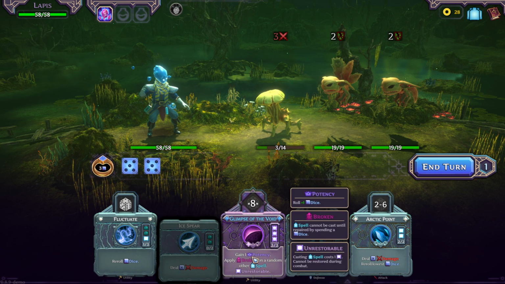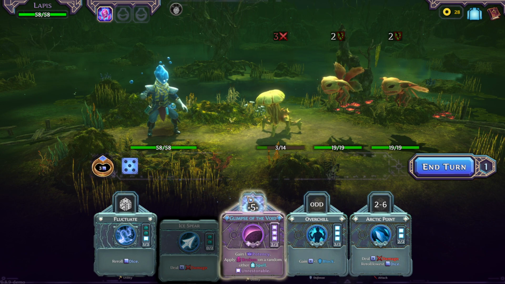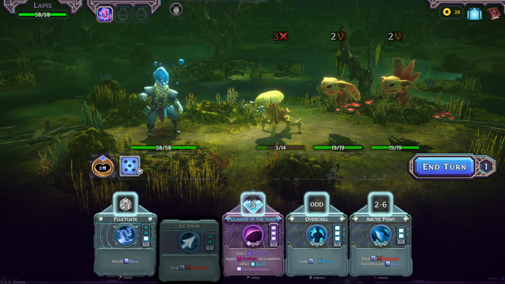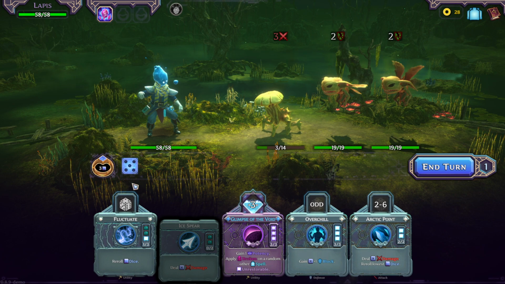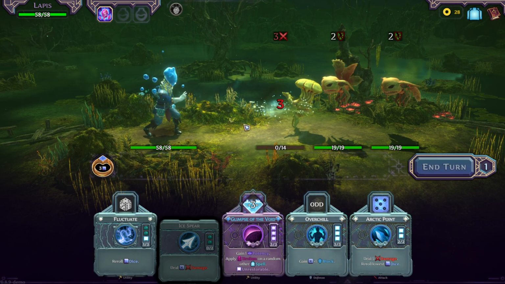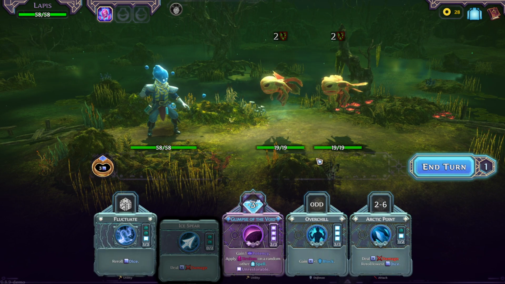You could use this, gain 1 potency. I mean, just to show, right? Fill it. I like this animation as well. I mean, it's just a 5. You could also end the enemy. No, that's a bit smarter. This will stay there. So I'm gonna use Arctic Point to deal 5 damage to get rid of you. You guys can sap me, it doesn't matter. Yeah,